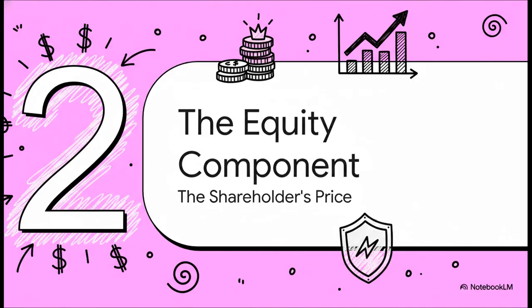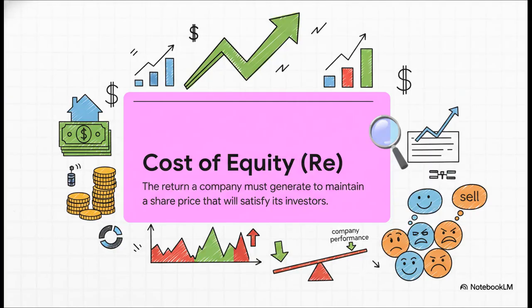All right, let's roll up our sleeves and start deconstructing this formula. We'll begin with the first half of the equation, the cost of equity. This is the return that shareholders expect for taking on the risk of owning a piece of the company. You see, unlike a loan, equity doesn't come with a neat little interest rate attached, so its cost is a bit more theoretical. It's basically the return the company needs to deliver to keep its shareholders happy. If they don't generate that return, investors will get fed up and sell their stock.